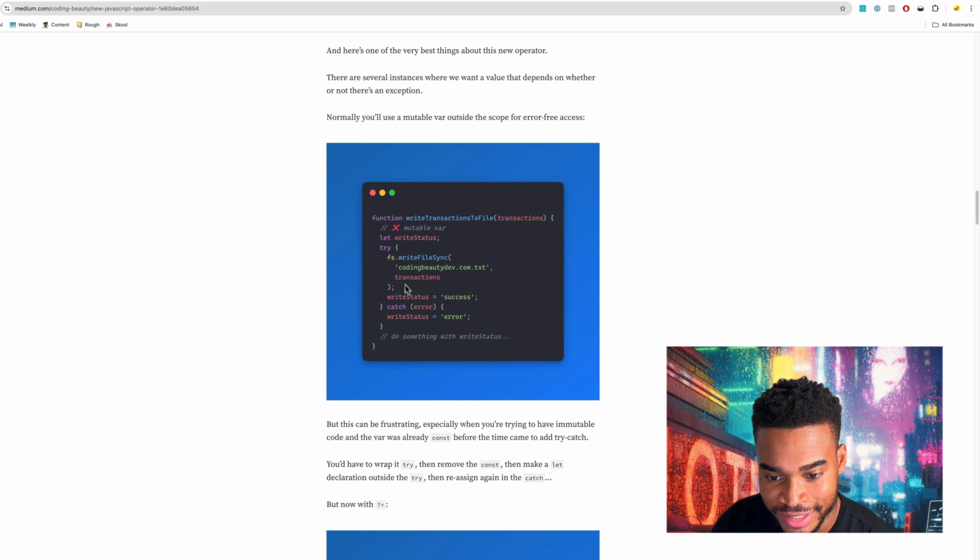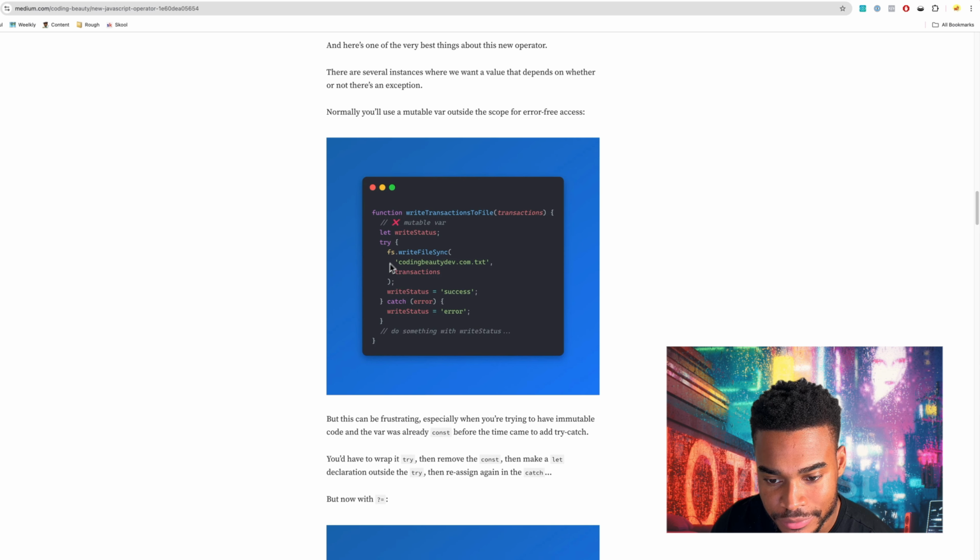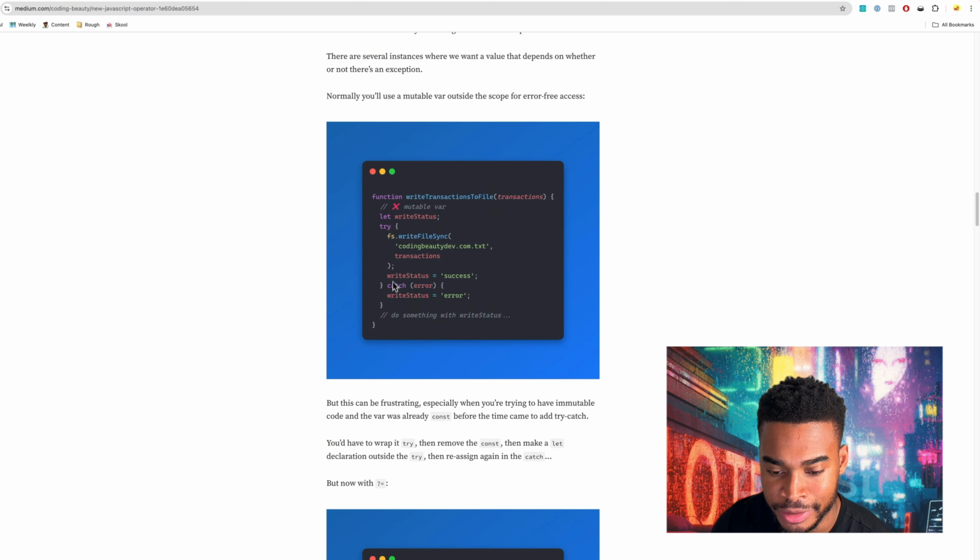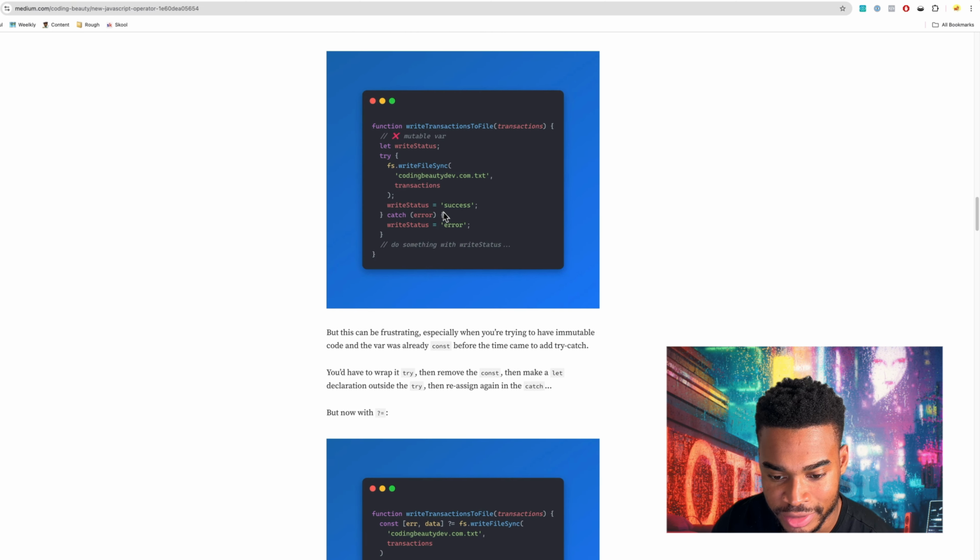You put this outside, you run the code that could fail in here, and then you set the variable that you've made inside the try, or change it to something else outside in the catch. Yeah, I've had to write code like this a bunch of times, but this can be frustrating, especially when you're